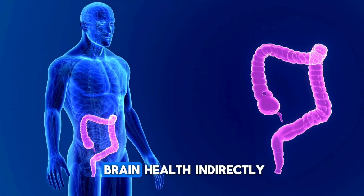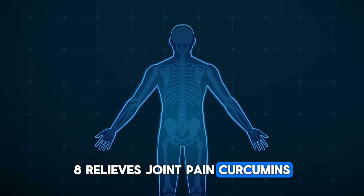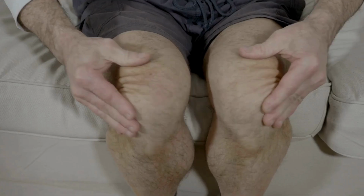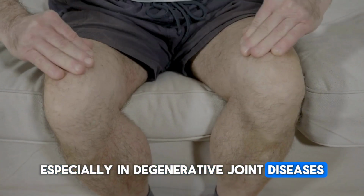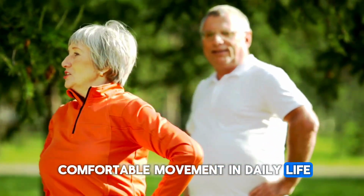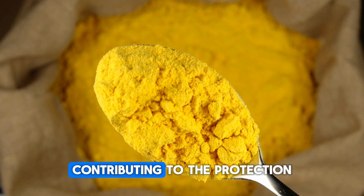It can also affect brain health indirectly by improving gut health and impacting the gut-brain axis. 8. Relieves joint pain. Curcumin's strong anti-inflammatory and antioxidant properties can relieve pain caused by joint inflammations and protect joint tissues. Its pain-relieving properties can reduce joint pain, especially in degenerative joint diseases such as osteoarthritis. By increasing joint flexibility and mobility, it allows for more comfortable movement in daily life and during exercise. Additionally, curcumin's positive effects on the immune system help the body fight inflammation more effectively, contributing to the protection of